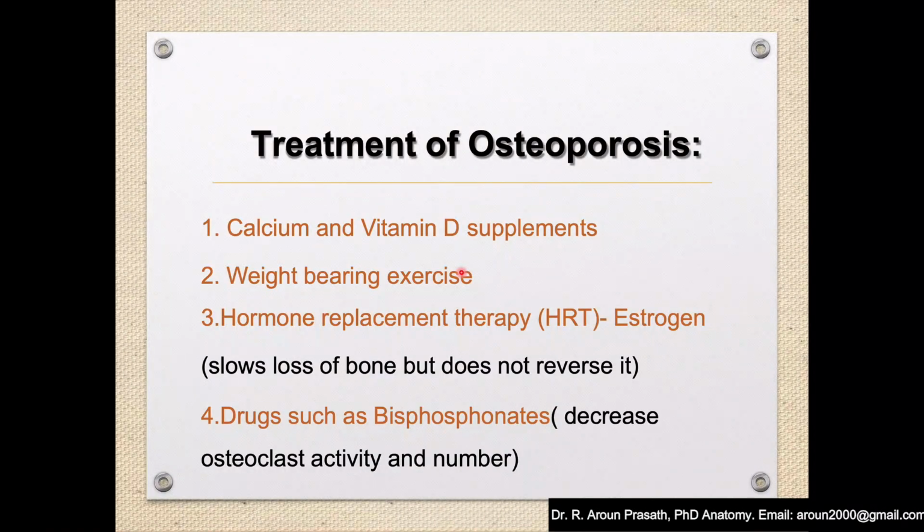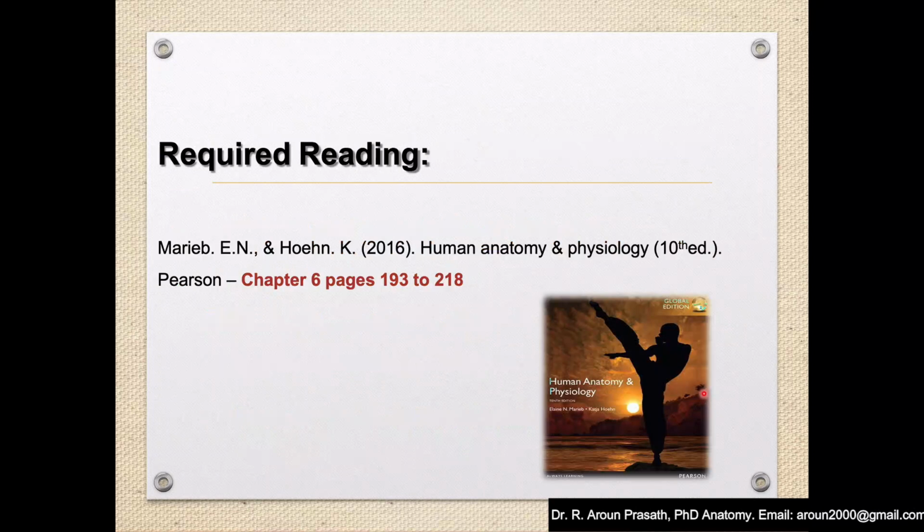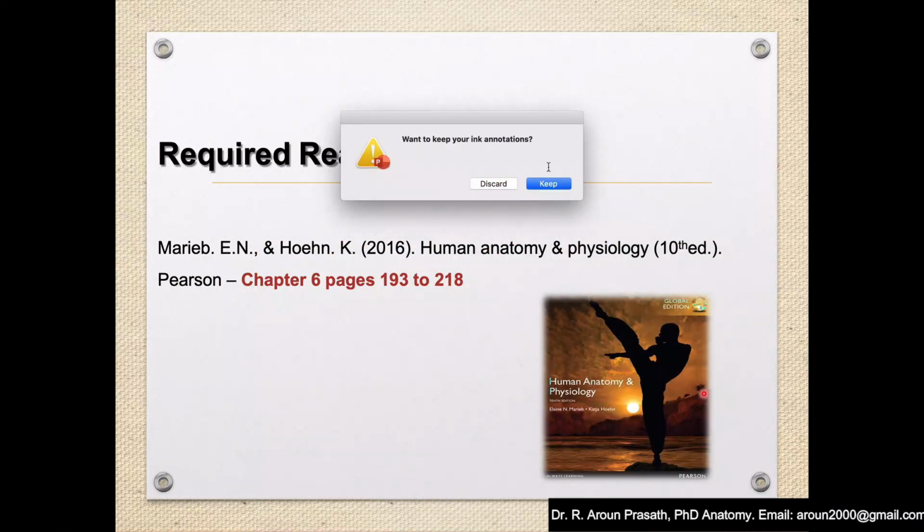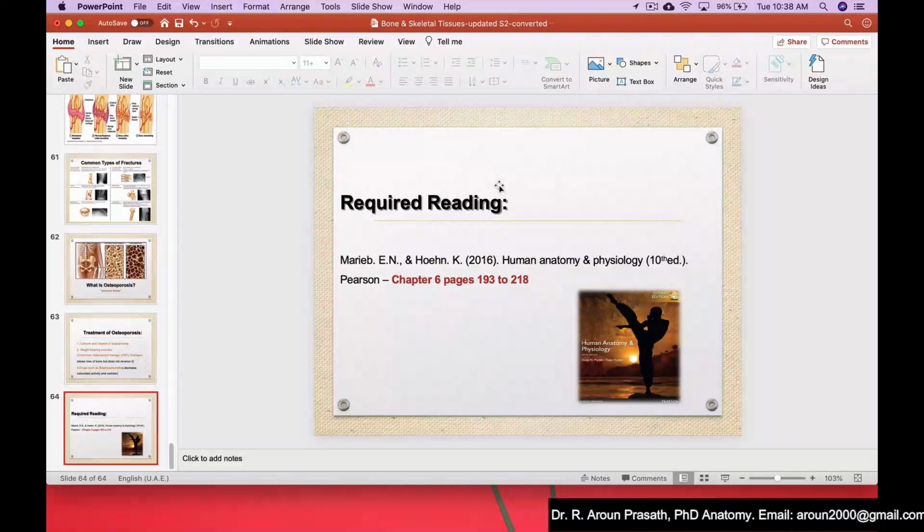The treatment includes calcium and vitamin D supplements and weight-bearing exercise. As far as bone theory is concerned, the more stress you give a bone, the more calcium holds in that place and it will be stronger. If bones are not given stress, then the bone loses calcium and osteoporosis develops. For females, hormone replacement therapy will help, and also drugs such as bisphosphonates decrease osteoclast activity. Okay, these are some of the introduction about the bone you have to know. So now we will go